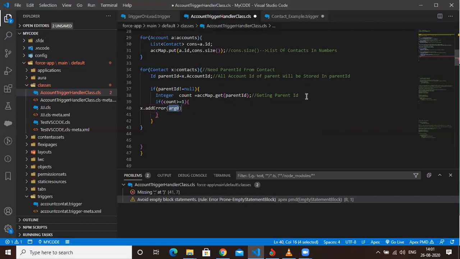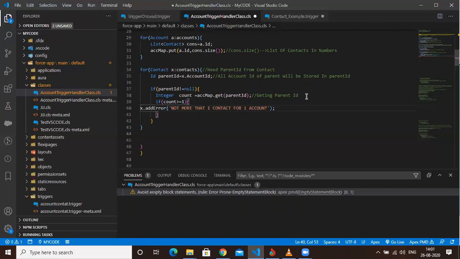I will give any error message, maybe not more than one contact for one account. Cool. And I will close this one. Anything else left? I think no. Okay, let me save it.